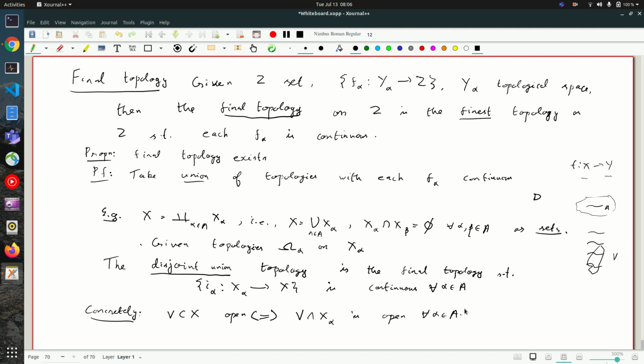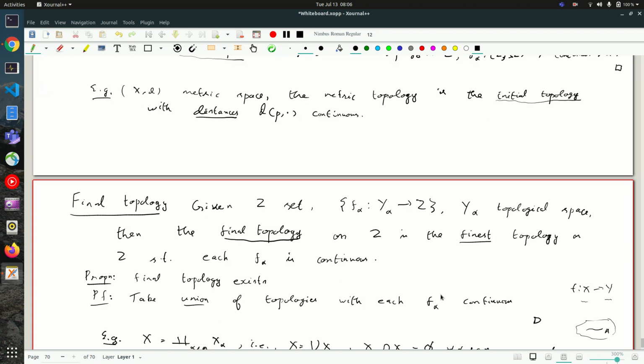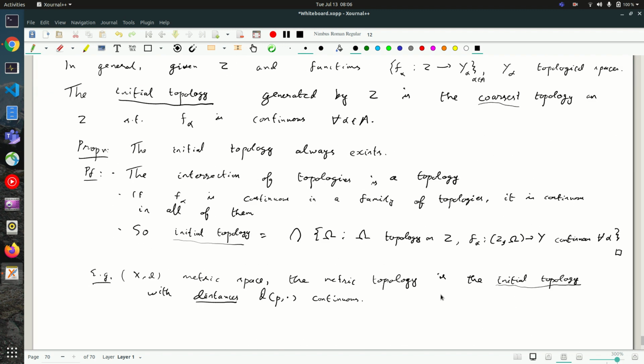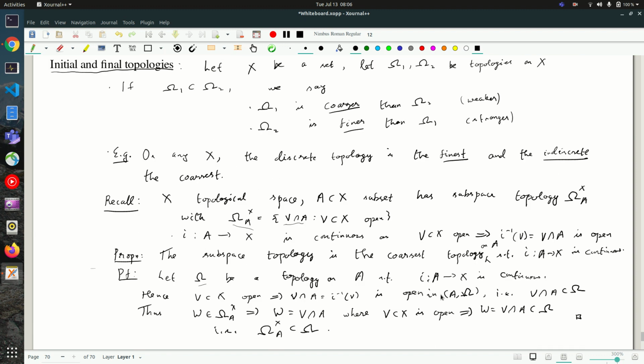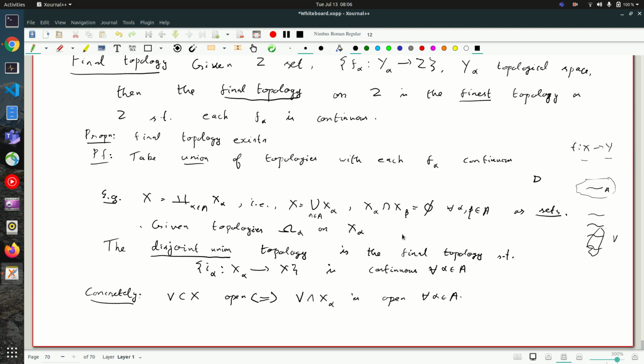In the case of subspace topology, it was the other way around. That is to say, in the case of subspace topology, I being continuous meant that if V is open, this follows, and we put the arrow the other way, V open. Okay, so since I flipped the sides on V, it looks more similar than it should. So we have reversed the arrows. Just a warning, in this case this thing worked, but in general, for example, if the X alphas were not disjoint, you could still take the finest topology, the strongest topology, so that all the inclusion maps are continuous.